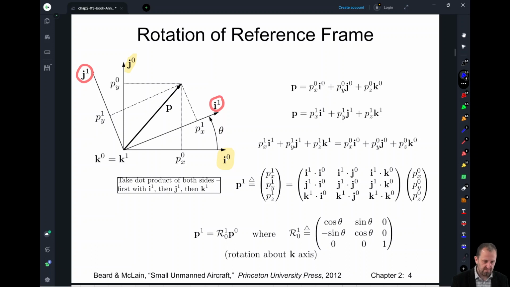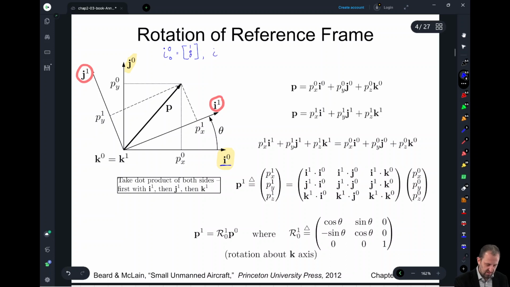I actually love how the book presents things. There is one thing that I dislike, and that's just here in terms of representing these unit vectors. In a previous lecture, we talked about how we would represent this as a subscript 0, and this will allow us to write in the superscript the frame in which we're talking about. So this, in this case, would be 1, 0, 0,